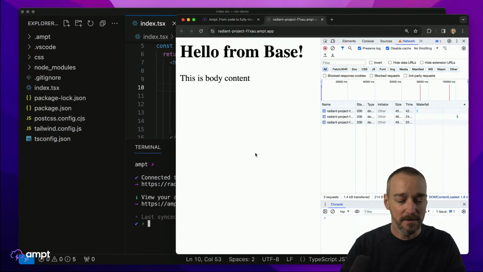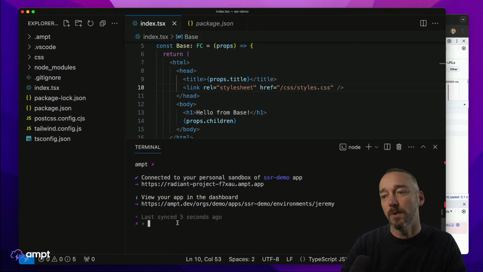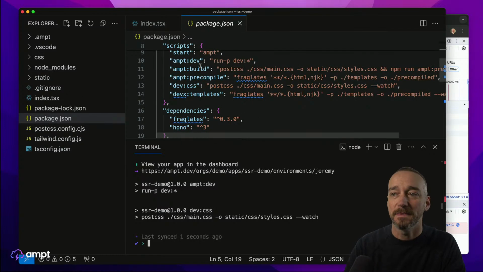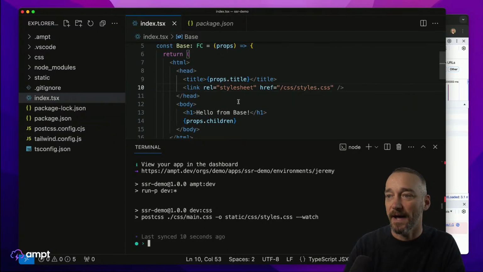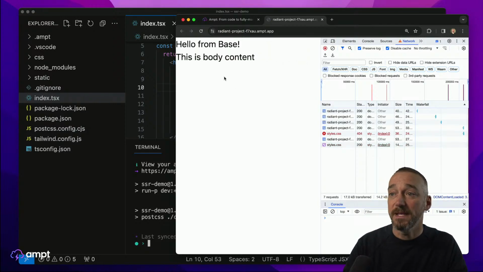If we go over here though and refresh it, we'll see that the style sheet doesn't exist. So one of the things that we have with Ampt is the ability to run this dev mode. And when you run this dev mode, essentially it'll run whatever is in ampt:dev here. In this case, we're having it run these parallel scripts, but basically it's just running this dev CSS, which is watching as we make changes to the files. So if we come over here now, that style sheet should be there. We're not getting any styles because that's the way that